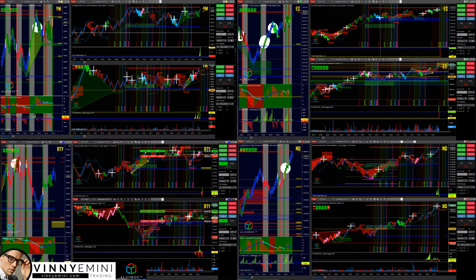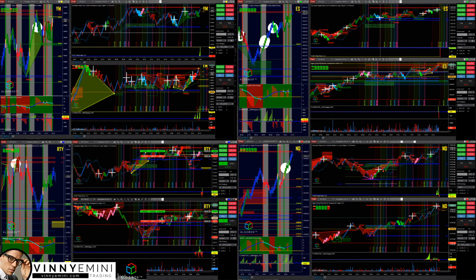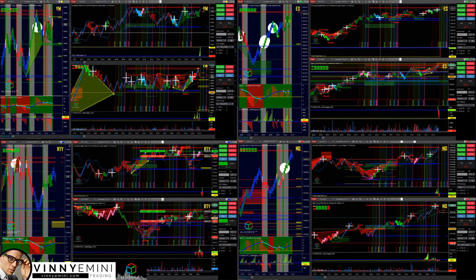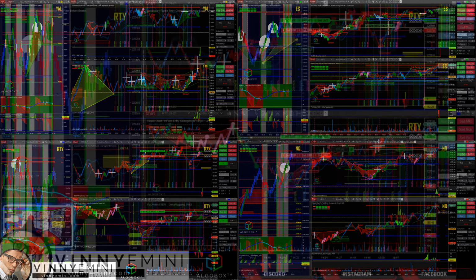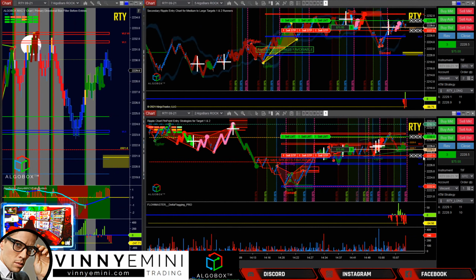Adding back to it again as it comes to this little HMD to the long side on RTY. Again, going with the MACV, we're green, we got green dot on it. It looks like we could go up. I'm hearing sellers. We're right coming into this space here. Let's zoom in. It'll be easier for you guys to see. So we are in RTY right here. So we're okay. So I'm hearing sellers. I don't like that.